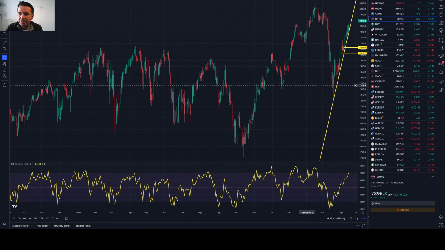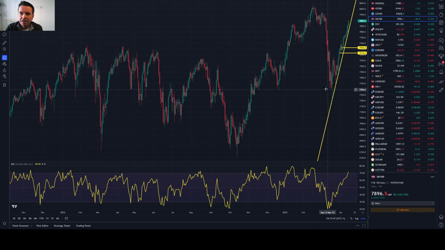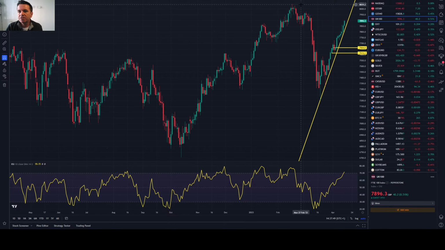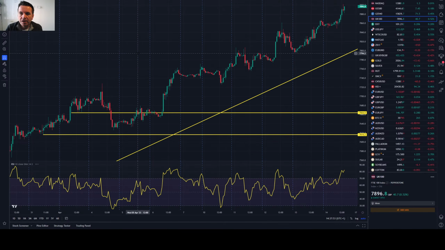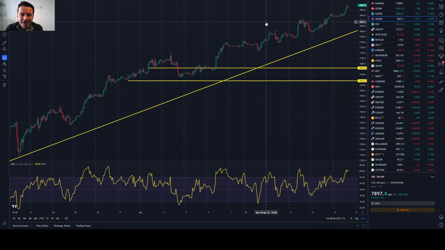If we flip it over to a daily chart, a great run from those lows at 73. We've got resistance coming in at 8,000 and a bit, 8,050, but absolute buy the dips market for me, the FTSE. It's almost textbook trend on that hourly chart. Pushes up, sells off a bit, breaks out again, sells off, breaks out, and here we go. Lovely market to trade that would have been over the last few weeks.